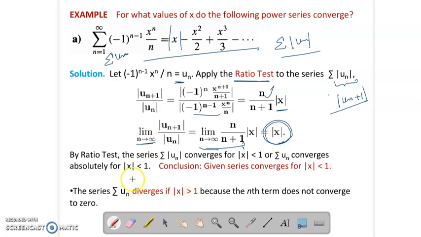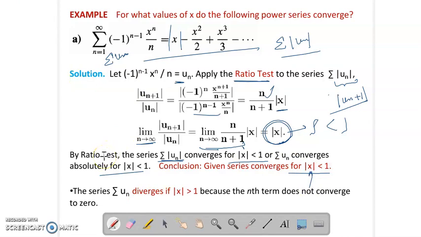Now what was the ratio test? Ratio test said that this is our number rho, and whenever your rho is less than 1, the series converges, right? So the series, which series? Summation of mod of un, this converges for mod of x less than 1, right? Now this series, the series of absolute terms, converges for mod of x less than 1. So we can say that the series converges absolutely for mod of x less than 1. And if the series converges absolutely, it means the series converges for mod of x less than 1. Right? So one thing is clear, by applying ratio test, we have concluded that for mod of x less than 1, the series is converging.